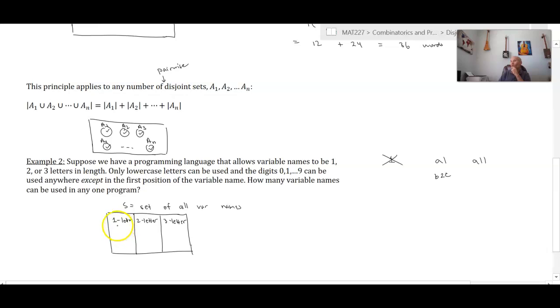So here, for 1-letter words, we could have A, all the way up to Z, right? Can't have a number in a 1-letter word because you can't start a variable name with a number. 2-letter words would be like A0, A1, all the way up to A9, and then you could have B1, B2, etc. For 3 letters, you could have something like A0, A1, and again, there are lots of possibilities there, too many to list. So if I think about this as maybe sets, you call them A, B, and C if you want, since there are only 3 of them,